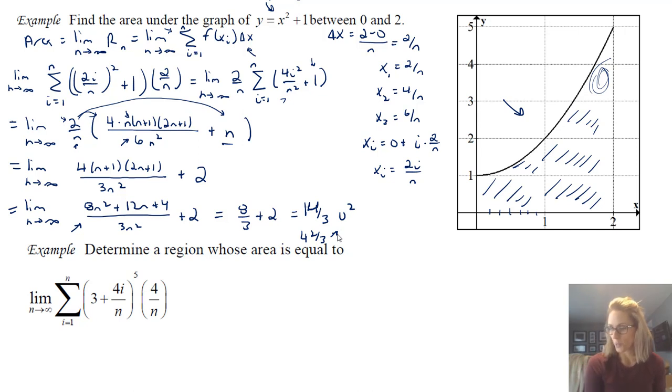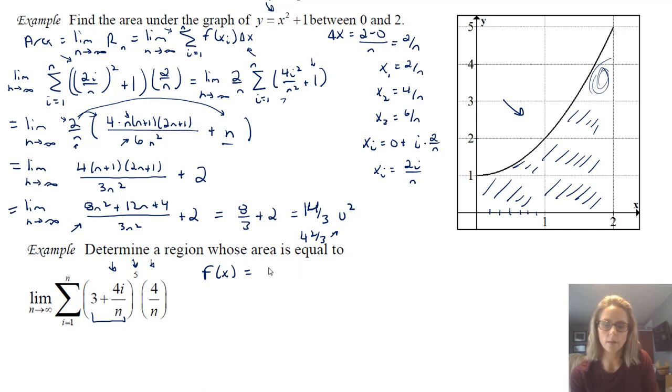So let's talk about the last one. It's a lot shorter, I promise. It wants us to think about what the function and the interval would be that would create something like this. The way that we would look at a problem like this is we'd really just notice that you have this piece and that is squared, to the fifth. And notice what it looked like when we did that problem earlier: we had that kind of interesting thing squared plus 1.